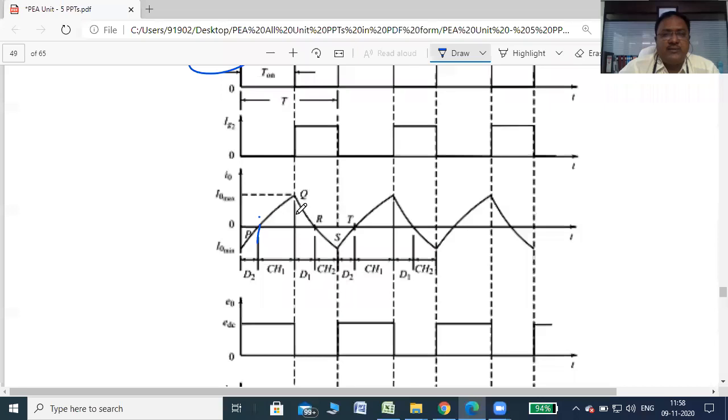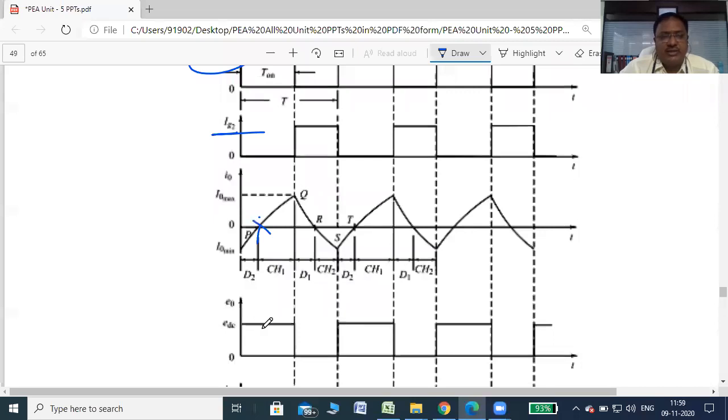So current increases, right? Okay, here the gate pulse to chopper 2 is 0. Keep in mind, at point P the current pulse is applied to chopper 1, so chopper 1 turns on. Up to this instant, chopper 1 is also reverse biased due to the current flow through diode D2, so it remains turned off. As the current becomes equal to 0, chopper 1 turns on and then the current increases in the positive direction.